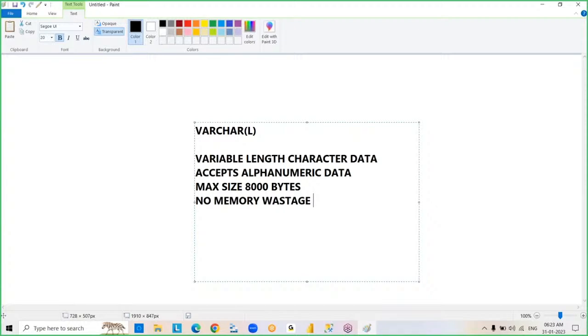But remember, if you're going for char or varchar, you can store only 8000 maximum. Suppose the requirement is exceeding 8000 bytes, then what? We are going to work with the varchar of max data type. So varchar of max,